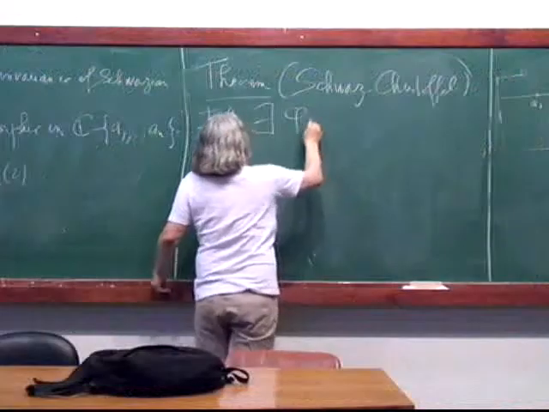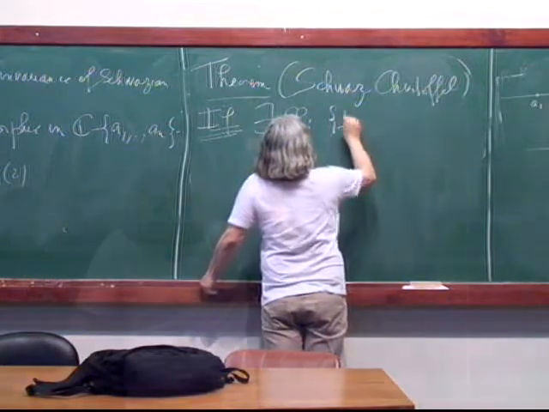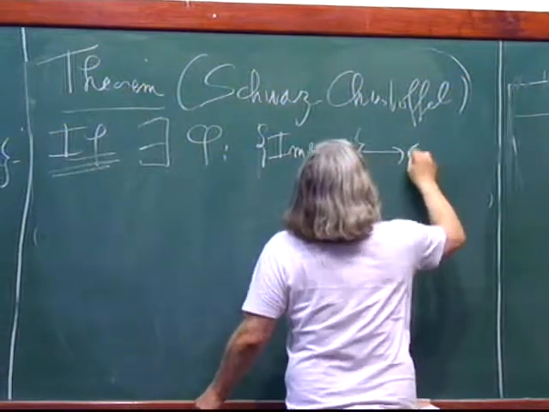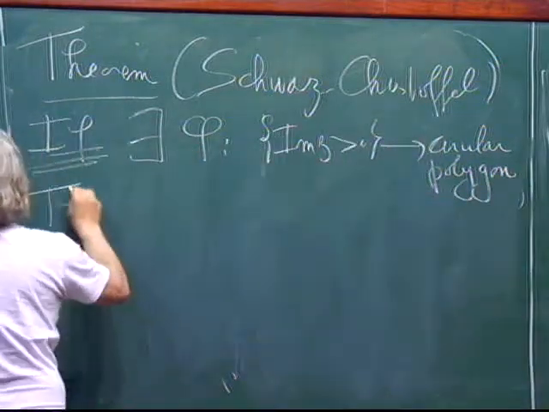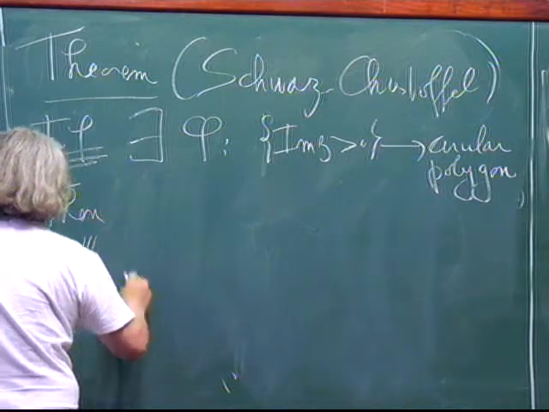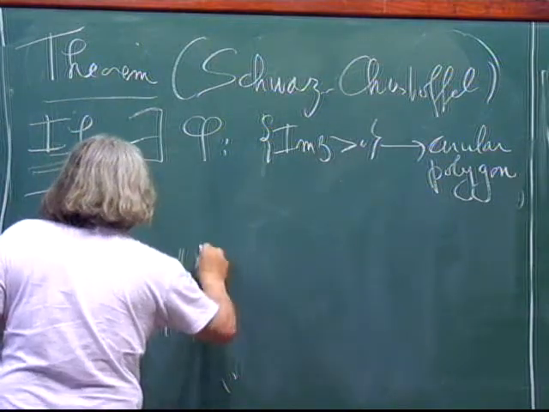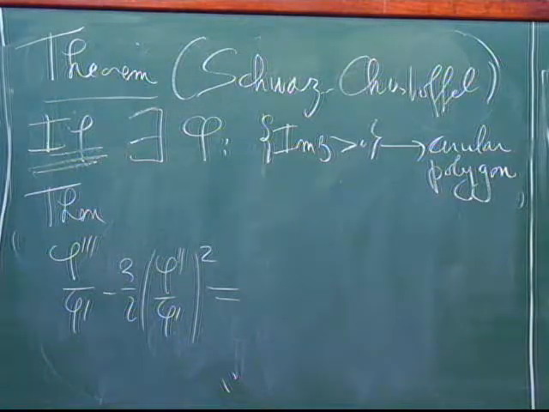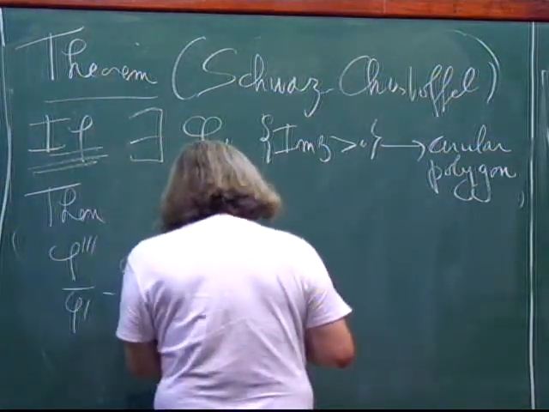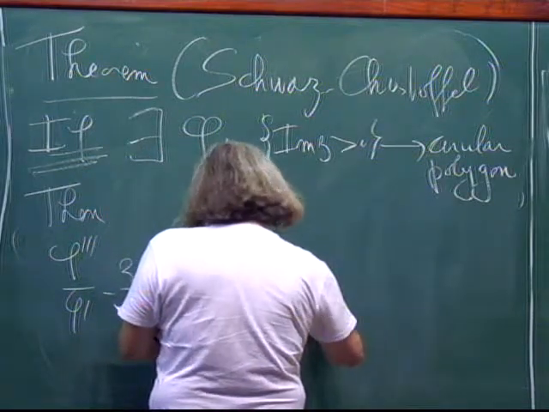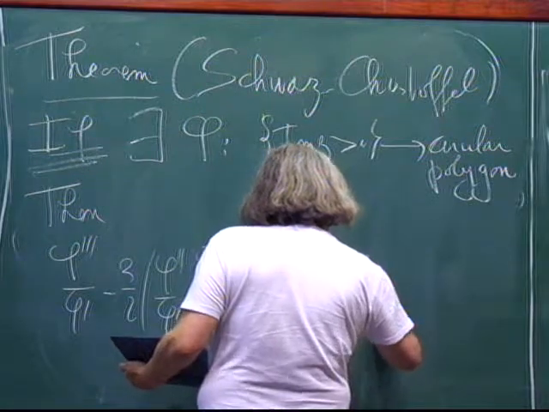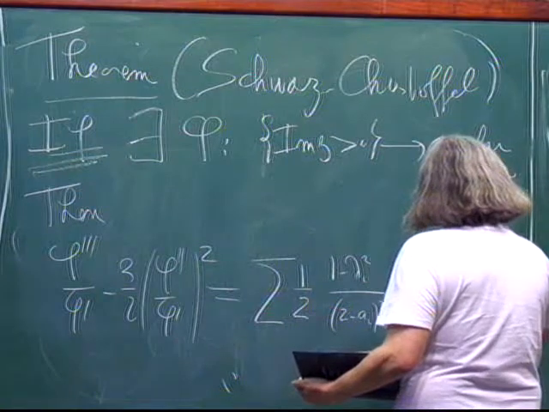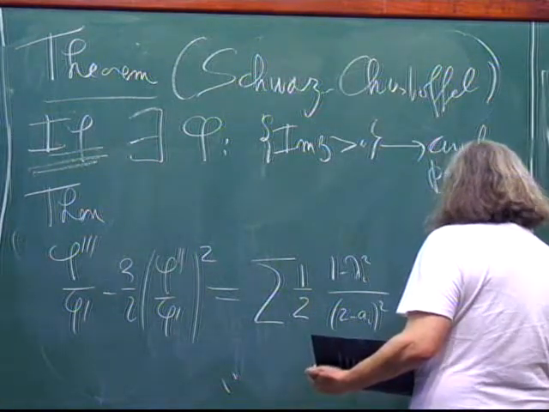If there is a conformal map from upper half space to some circular polygon, then its Schwarzian derivative has to be equal to, it's just a little bit more complicated than before, but not so complicated, has to be equal to the sum of 1/2 (1 minus lambda i squared) over (z minus ai) squared plus beta i over (z minus ai),